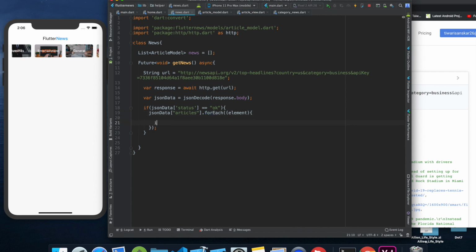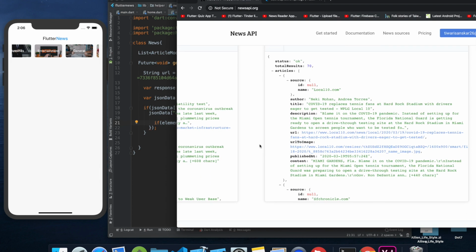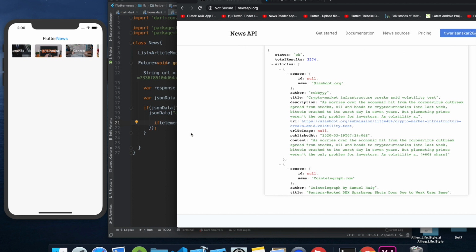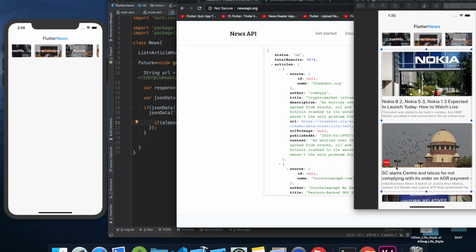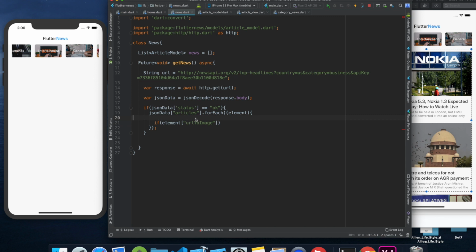We are going to say if element URL to image. While I was building this app, what I realized is sometimes URL to image is not there. Now if the URL to image is not there, the problem is we will have no image, and without an image it doesn't look good. So I came up with a basic if condition: if the URL to image is not equal to null,